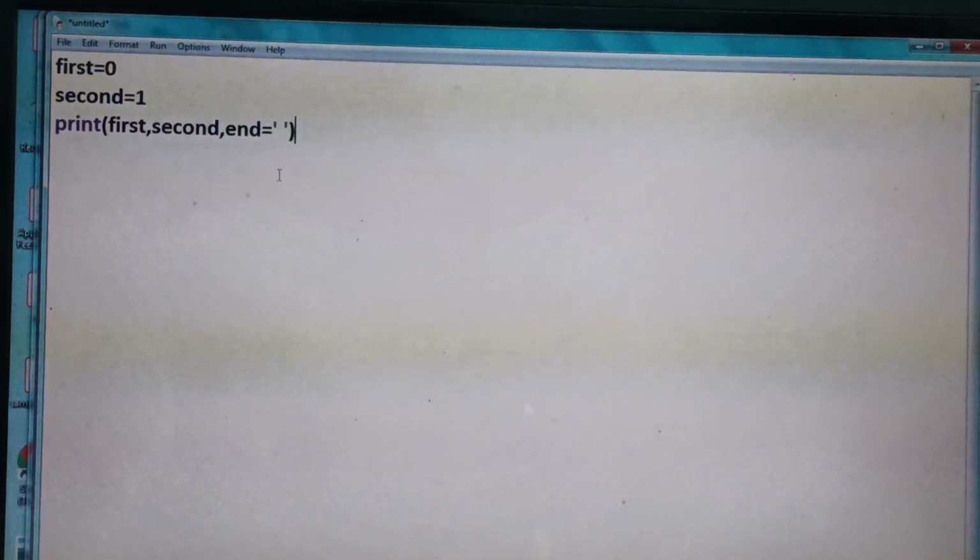So fine, I have used end. Why? I just want to print the numbers horizontally, not vertically. That's why. Now it's time to use a loop, and here I will be using a for loop. Why? Because as I've told you, for is suitable for counting, and as I'm telling you, I would be going to print 10 numbers, so I've already used 2, so I need to write the for loop